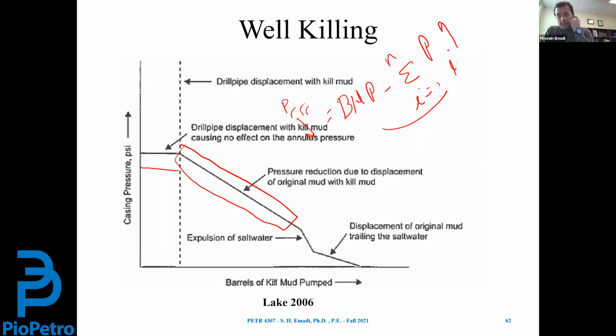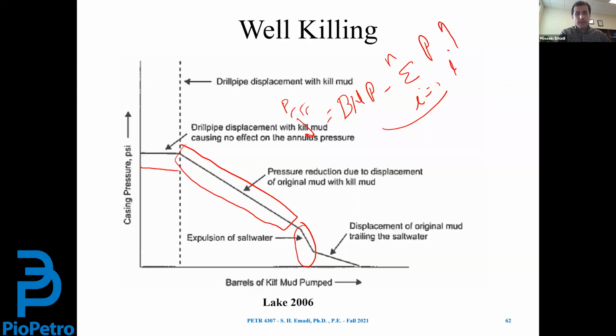When the formation fluid, which is salt water in this case, reaches the surface, we are now replacing salt water with the kill mud. Since the difference between the density of the kill mud and the salt water is higher than the difference between the kill mud and the current mud, you see a steeper